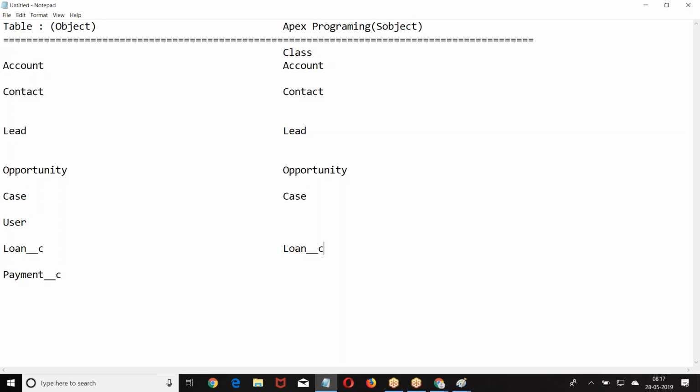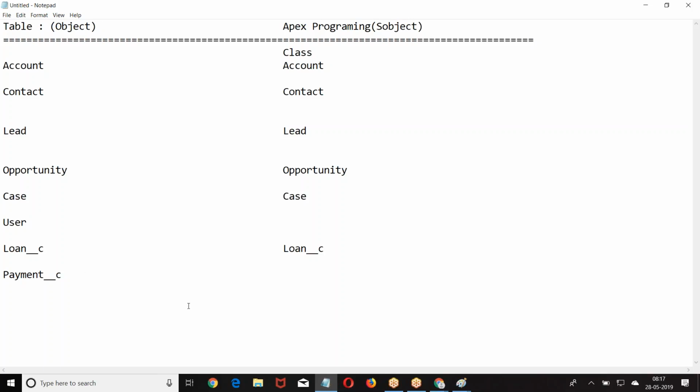In Apex programming, we refer to the table with the help of the corresponding Apex class. Who created this class? Salesforce. Which variables are there? Whatever fields we have in the table, the same fields are taken as variables. I hope you are good with this. Clear for everyone?